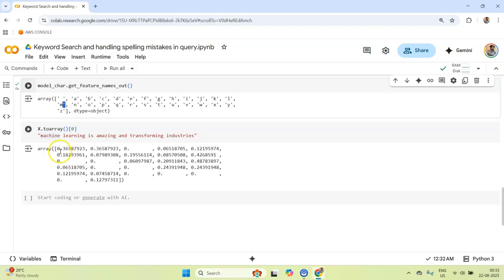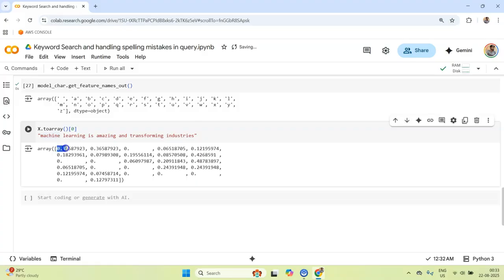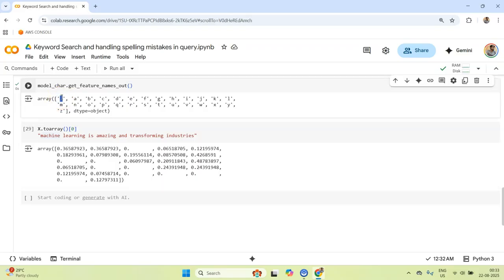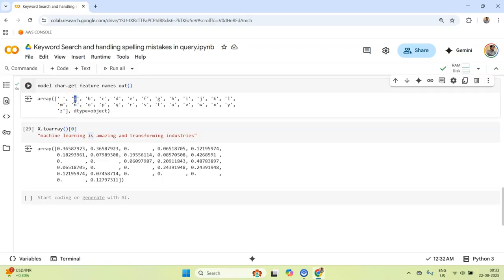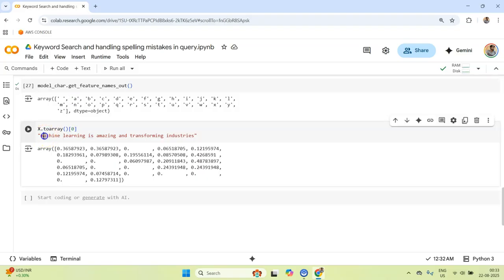Let me tell you again: the first entry is space, and corresponding to space it is giving this much weight. Why? Because there are so many spaces here. So essentially it is doing a character-level study. For "a", I've got many a's, like a here, a here, a here, and so on. You get the idea.